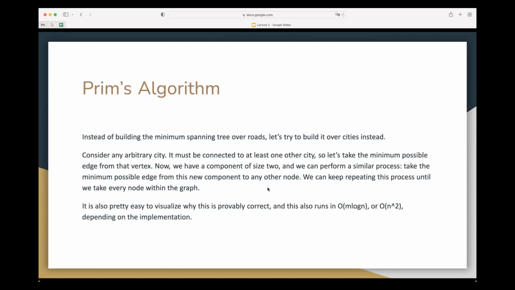And this is an extremely effective strategy. It's actually pretty easy to visualize why this is provably correct. And also, there are two different implementations that can make it either run in m log n, which is number of edges times log n, or n squared, depending on your implementation. And the way you would make it run in m log n is every time you iterate through, for example, if you have